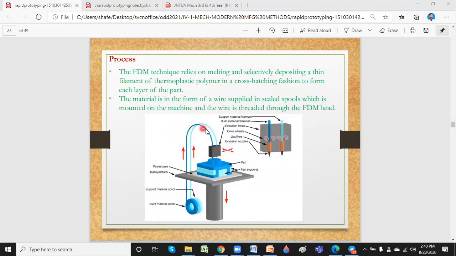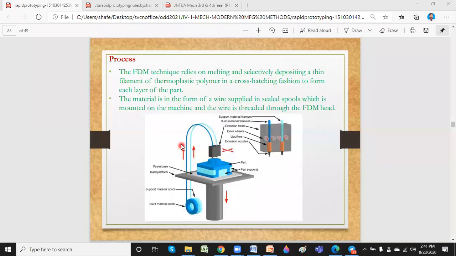Once it goes through this section, you can see these are the nozzles, and the brown shapes here are called liquefiers.